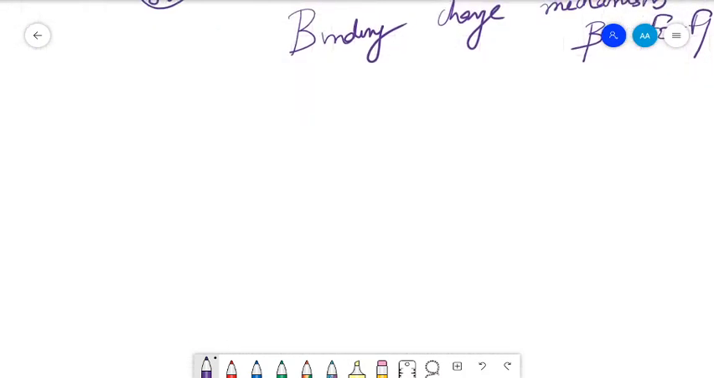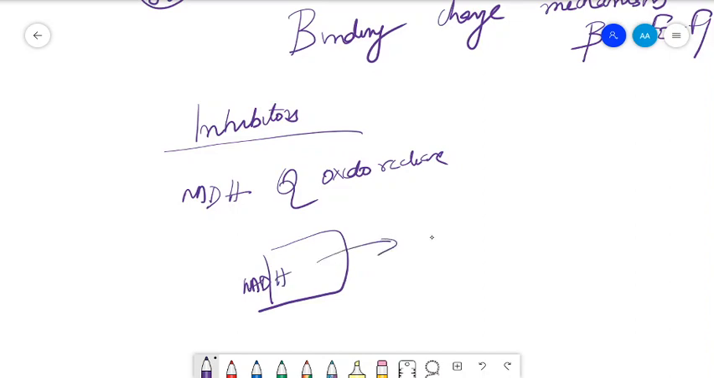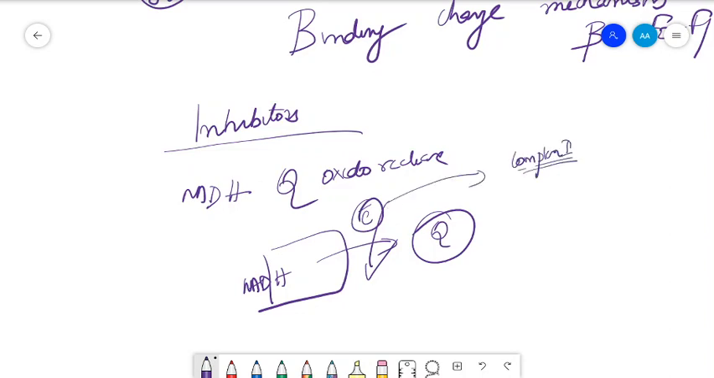Now we can discuss the inhibitors of the electron transport chain. Complex 1 is NADH coenzyme Q oxidoreductase. We know that it donates electrons to Q, ubiquinone. This electron transfer is blocked by the complex 1 inhibitors. Which are the complex 1 inhibitors? The barbiturates, amobarbital, then piericidin, then the fish poison rotenone. These inhibit the transfer of electrons from complex 1 to ubiquinone,